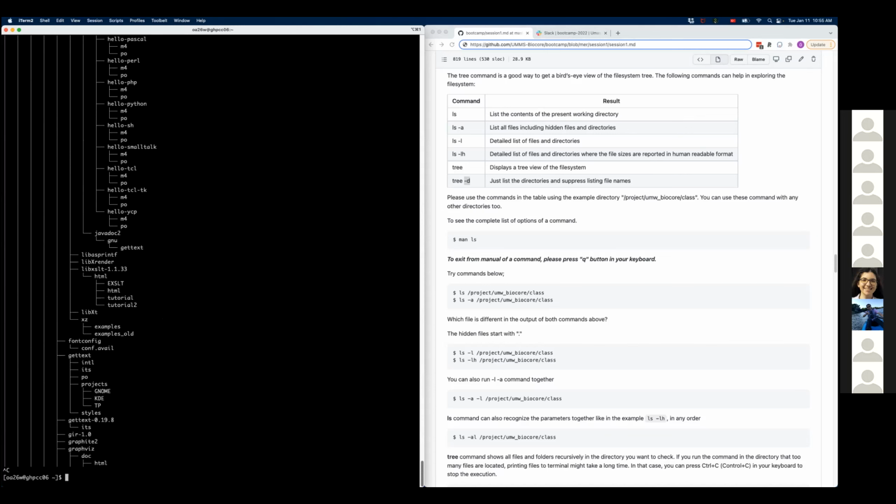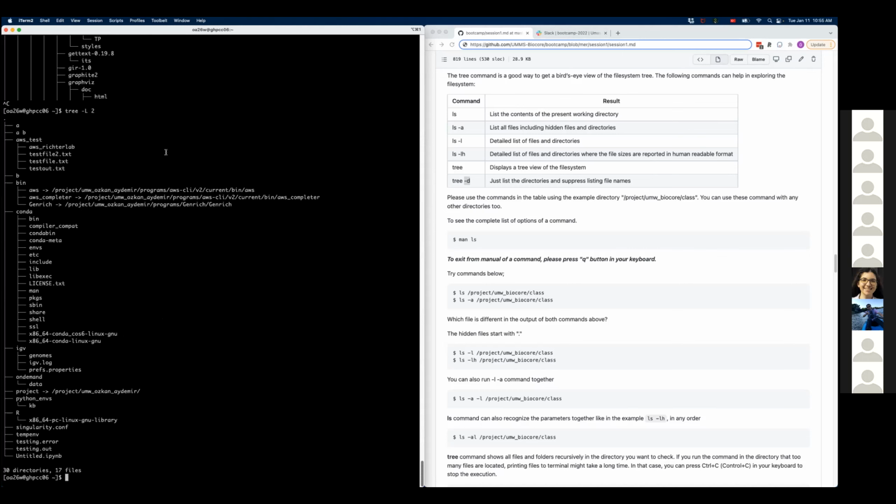So another option to -d is the number of levels you want to print. If I don't want to see every detail, I could give it a capital L and then a space, and then I can give it what level I want to print.